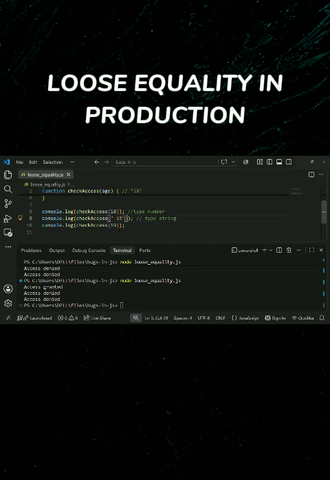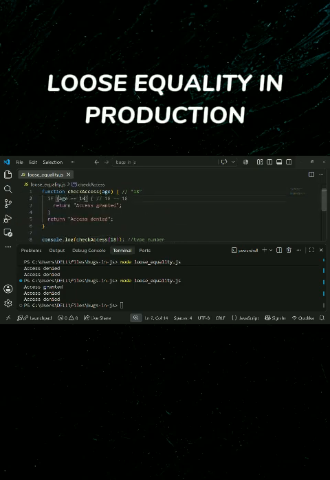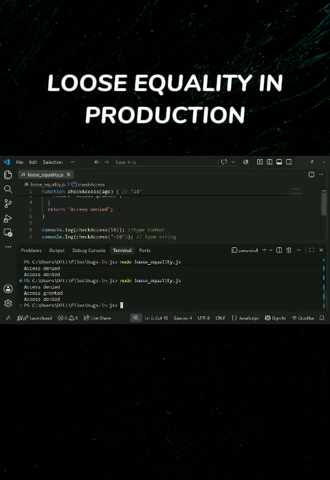But let me give you minus 18, and let's come here and give you minus 18 for you to understand what I'm trying to communicate here. You see that in this case, it gives me access granted, because minus 18 when converted to a number is minus 18, and that minus 18 is in the number range. So that